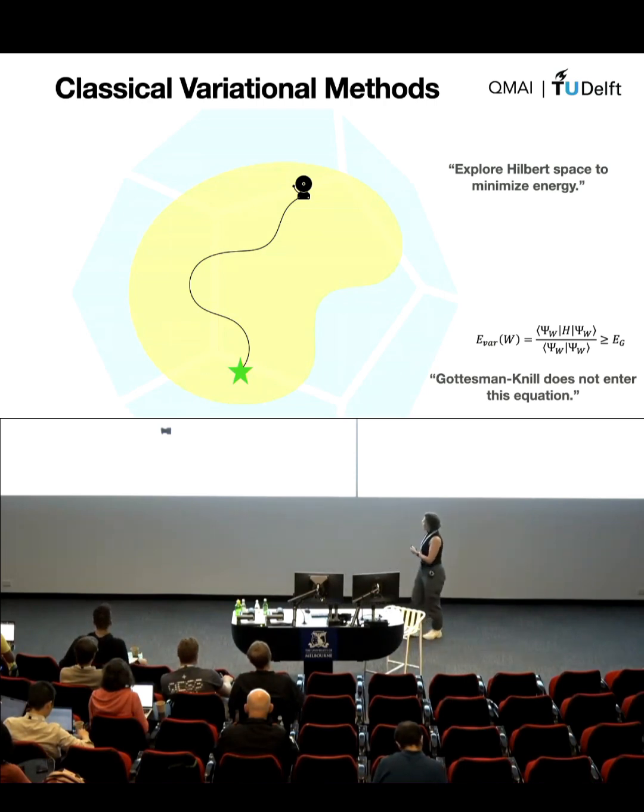So this is again this variational principle energy, but now there is this point that I somehow mentioned at the beginning and that is maybe seemingly unrelated to this, but the thing is that the Gottesman-Knill theorem does not enter this equation at any point. We have a lot of states that we know we can simulate classically because they are generated by a stabilizer circuit, or are generated by a stabilizer circuit with a small perturbation. But what you do classically is that you don't care about this, and you are treating all the points in a Hilbert space the same and just trying to minimize some